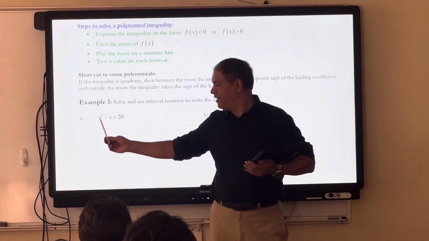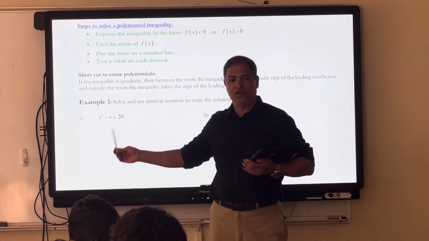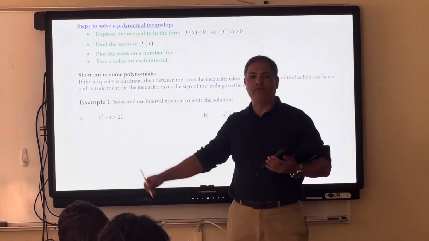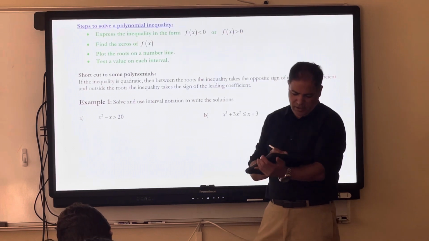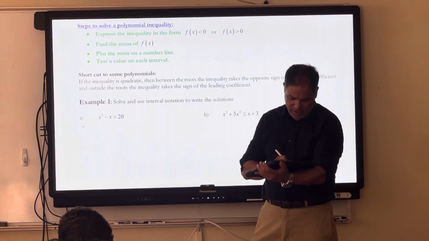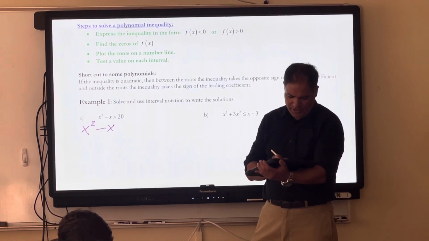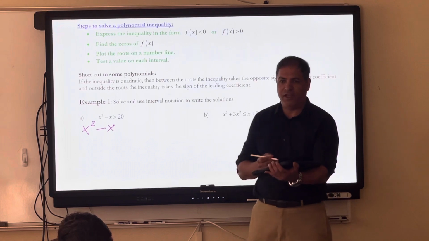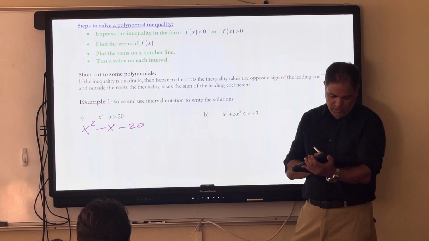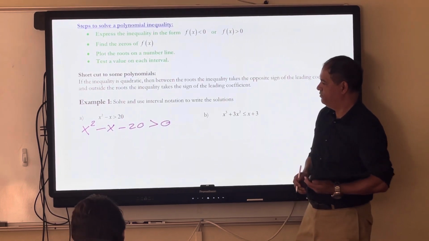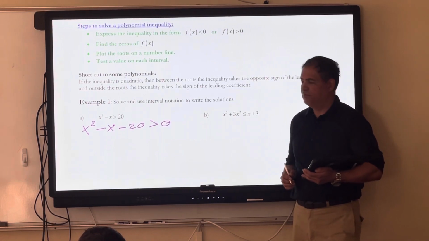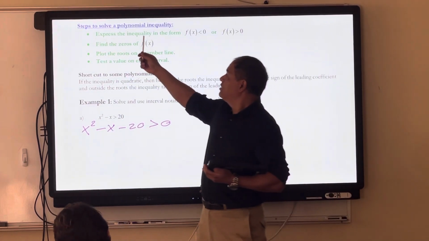Here we have x squared minus x greater than 20. So what am I supposed to do here for step number 1? Subtract 20 from both sides. Okay, so let's do that. This is going to be x squared minus x, and when I subtract 20 on the left side, I will have minus 20, greater than 0. So that's step number one. Step number two